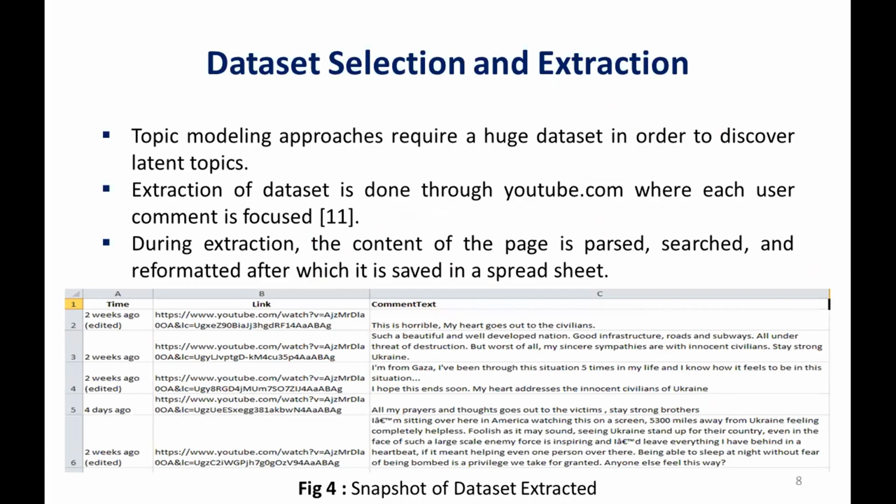For data selection, I did web scraping from youtube.com, and I picked a video which was trending on YouTube, on the Ukraine versus Russia war. From that video, I analyzed over 36,000 comments. I scraped the data, reformatted it, took the comment text from each comment, and saved it in a